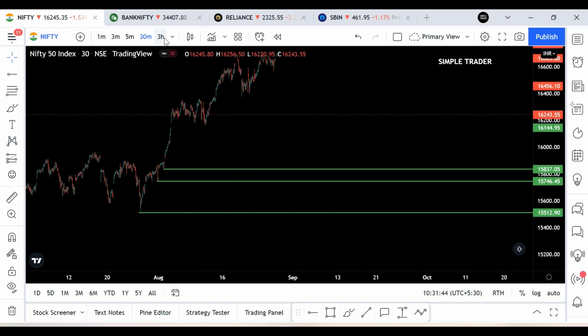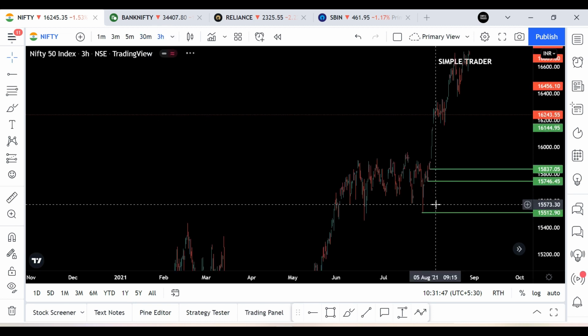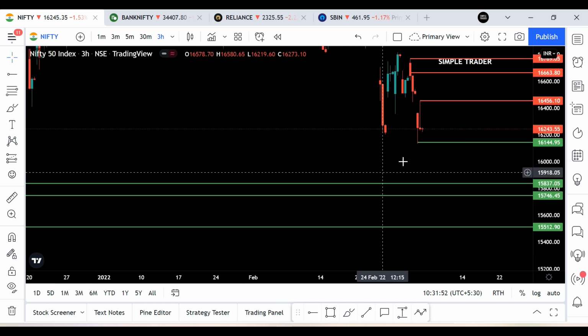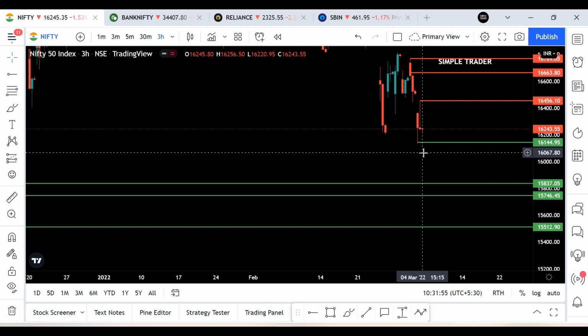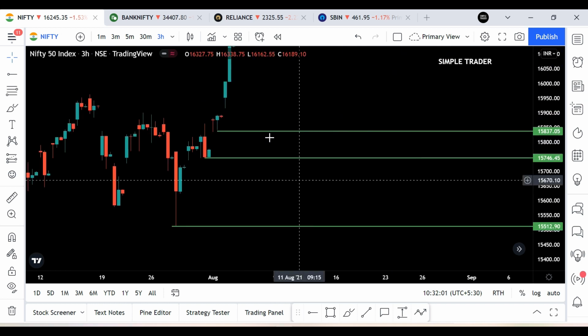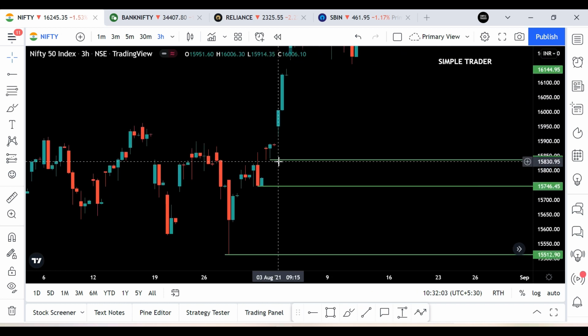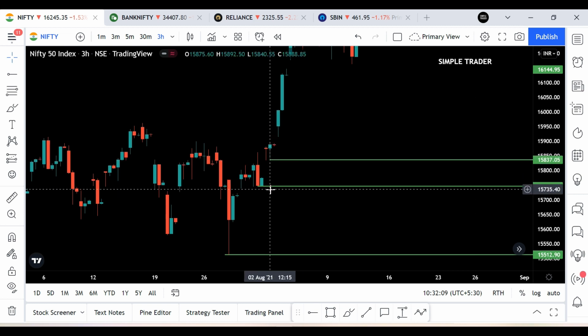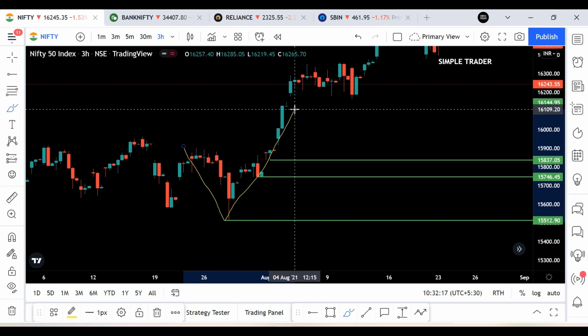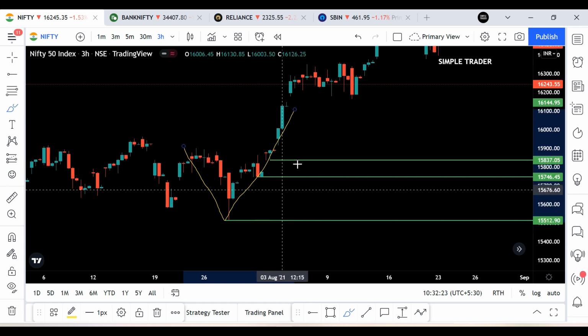So now we'll slightly move to 3 hours. First we'll start from here. Is this zone visible for a 3-hour player? No, this is just a low. Now let's look at this zone. Will this zone be visible for a 3-hour trader? No, this is just a candle for him. This one, no, this is low probable. But at the same time, look at this zone. This is a visible turning point for the 3-hour trader also, which is highly probable compared to these two zones,